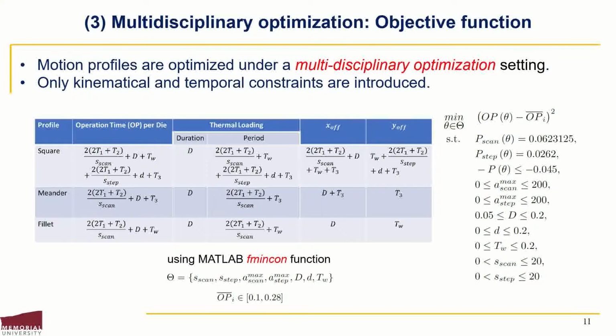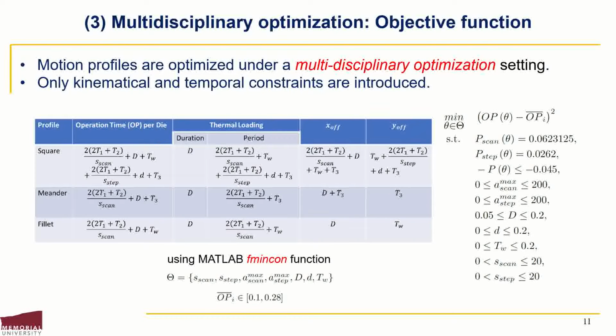Based on the previous timing diagrams, important operation variables can be defined. In this study, we focus on optimizing the operation time to generate a set of optimal solutions. These optimal solutions are used to create operation charts that facilitate selecting the operating point under given kinematical and temporal constraints. The thermal loading affects the reticle,